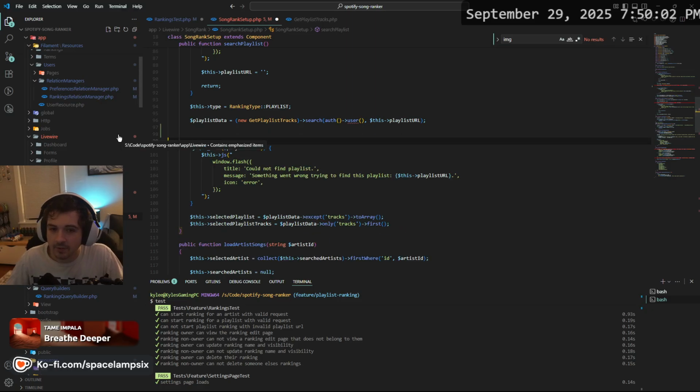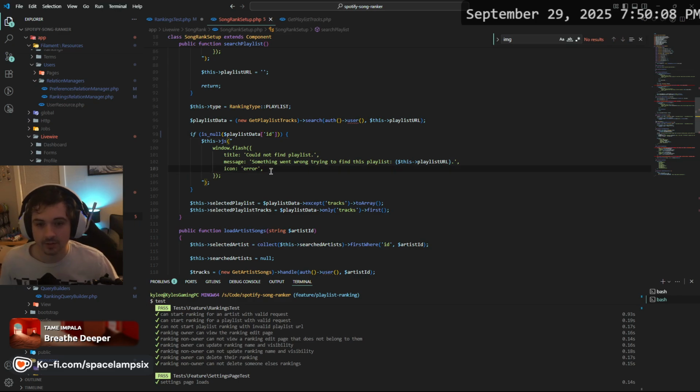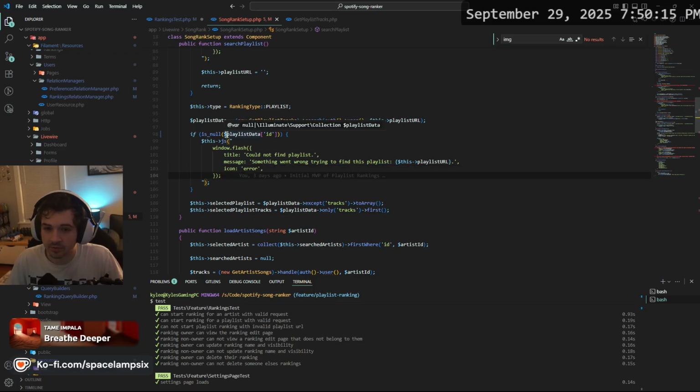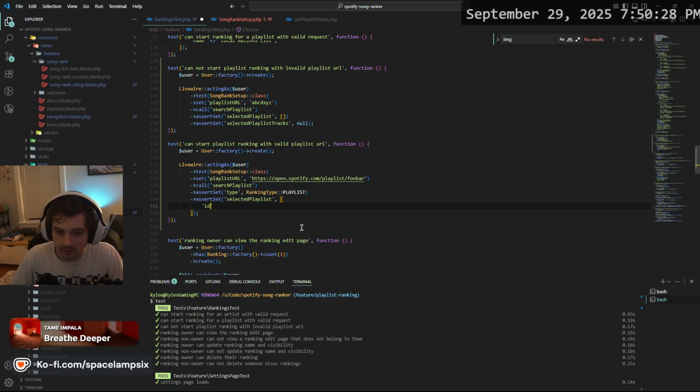I have a similar check already, but it's technically not working because the ID is... the playlist data array wasn't empty, but we need to check that something very specific is null. And now we can actually assert, because we know what it's going to look like. It's going to assert that this looks like this. ID